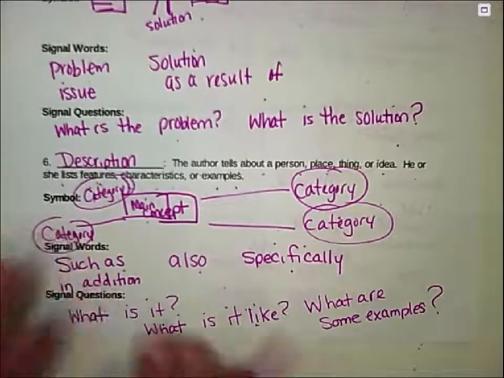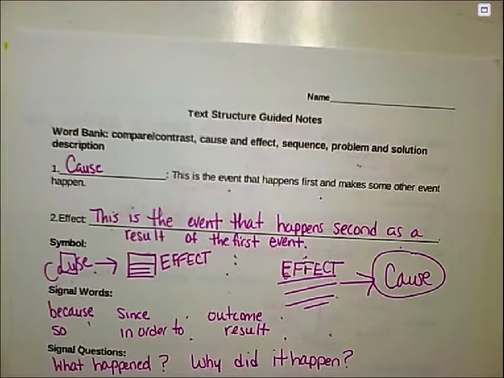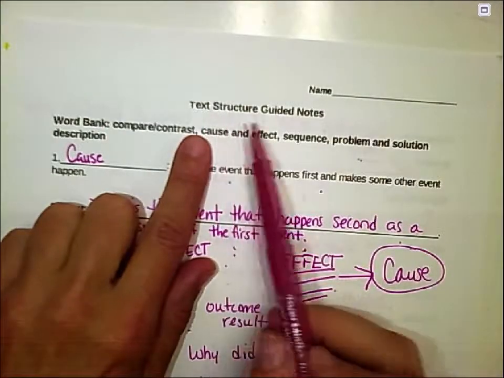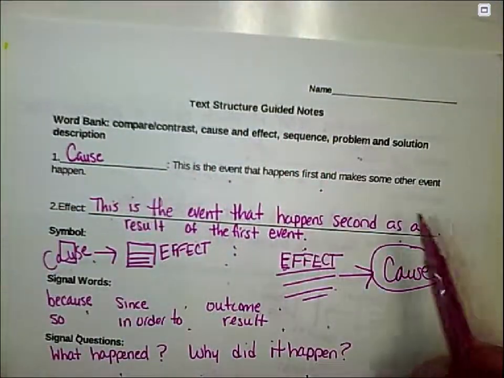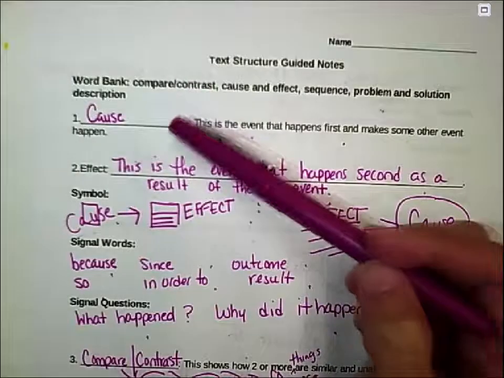Okay, so just to recap everything, you should have both sides filled out, and we were talking about text structure guided notes, and we said that text structure is how the author sets up the text to be able to convey the information to the reader. And on the front side, we had cause and effect,